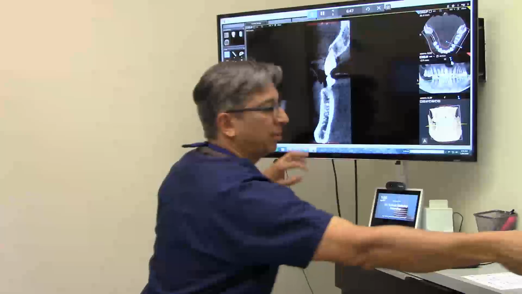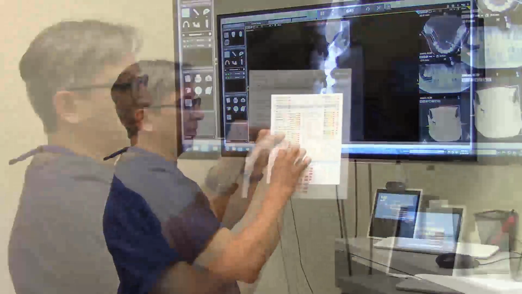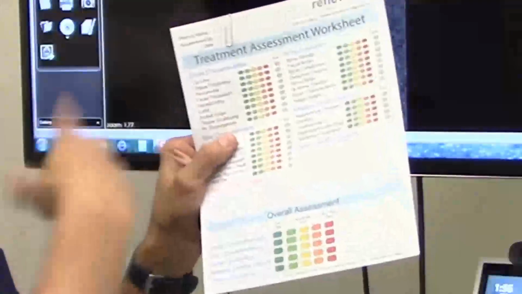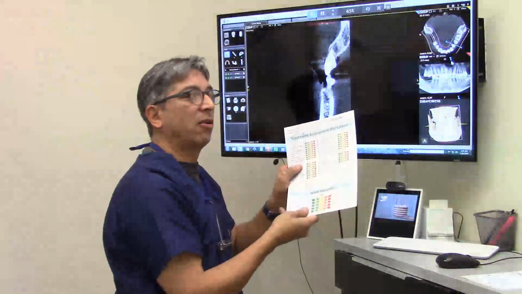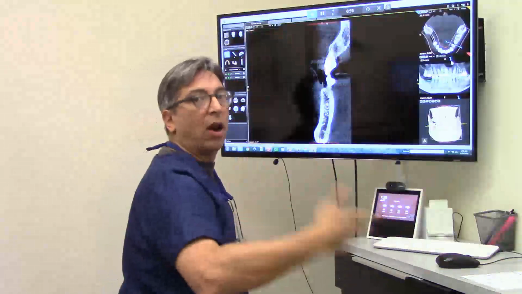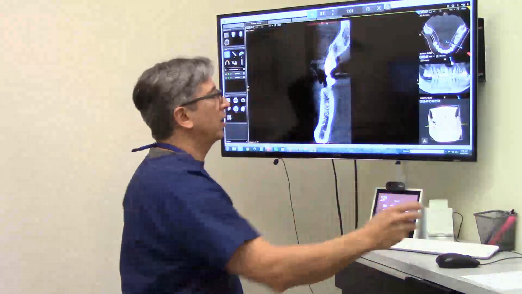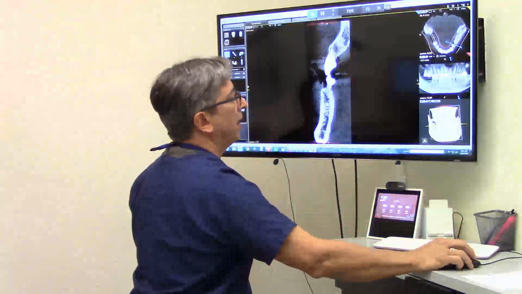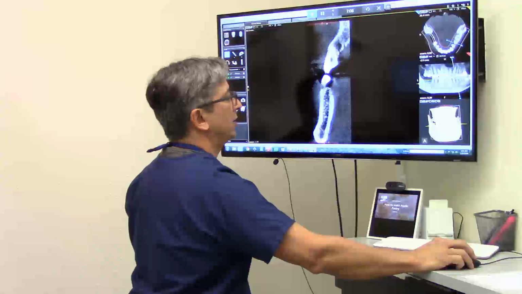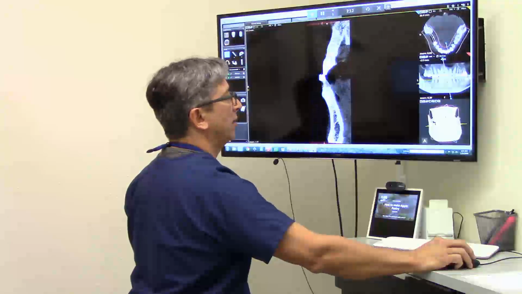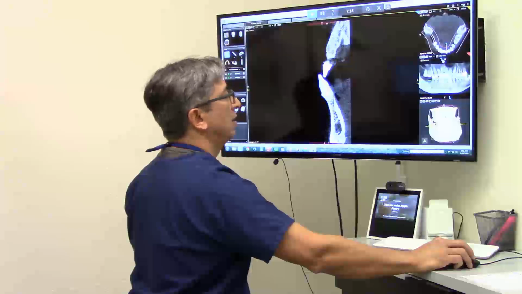And there's always a place on the assessment sheet for notes, and it happens to be right here on this part right here. So always just write the notes. If we're talking about a concern on the upper or lower, the treatment consultation sheet talks about what arch we're actually looking at. So you can see the bone is very parallel here and constricts a little less. So you're only really going to run into the red if we're talking about these upper front ones right here